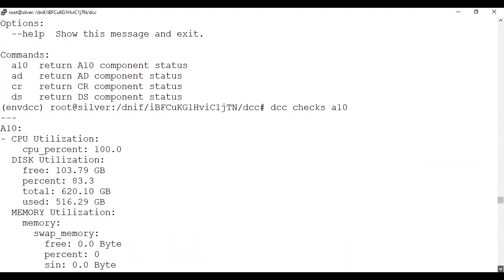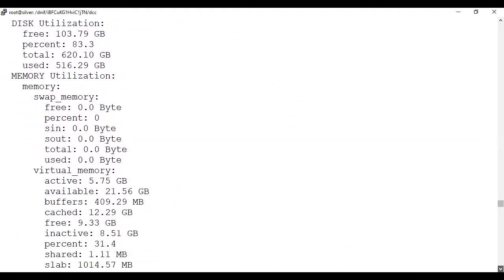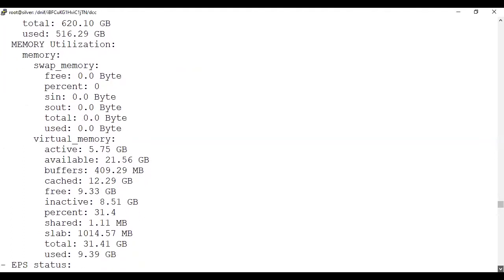And if I scroll down, you can see the memory utilization. How much is your swap memory? When you allocate memory, you can do a memory partition also. It's very good if you provide swap memory also, if you are making changes inside any file, taking a backup of a file. That time swap memory is quite useful.